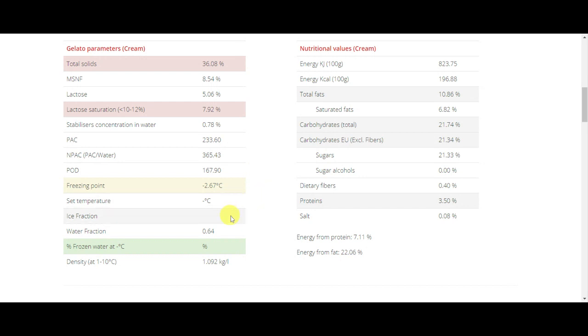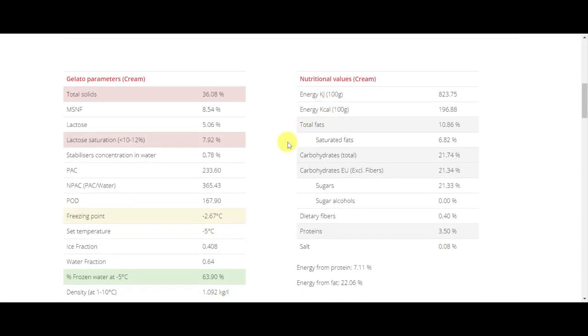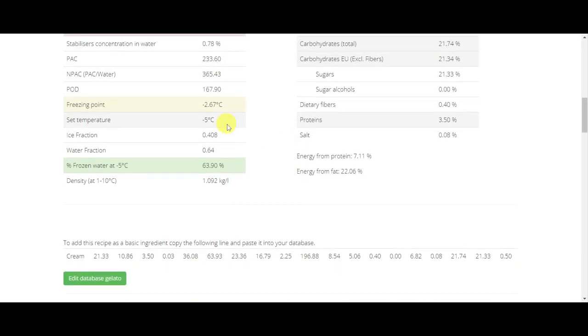And here you see these parameters are still empty. Why? Because we can set a temperature here. It's called serving temperature, but it's not really the serving temperature. For example, we can set -5, and we can see at -5 what is the ice fraction, the water fraction, and to condense everything in one value, the percentage of frozen water at -5. This, of course, is not as accurate as we would like it to be, but it's a good indication to